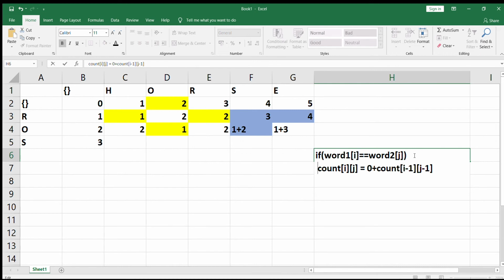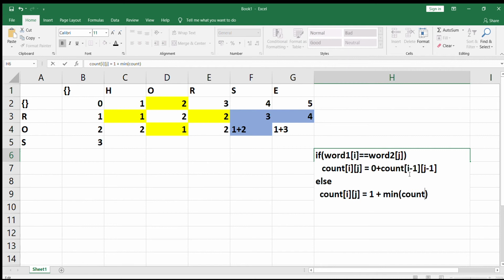Otherwise, so this is when the characters are matching, and if they are not matching, then in that particular case your count of I comma J will be equal to 1 plus whatever is the minimum value for these three cells.